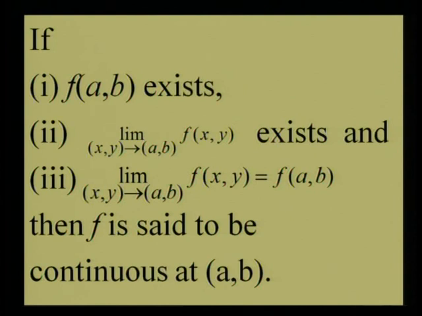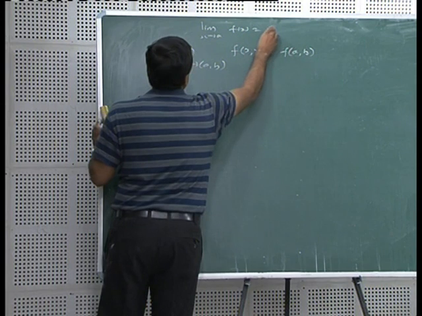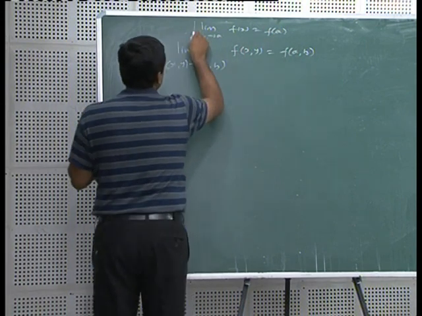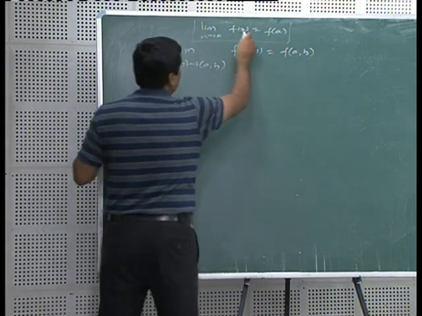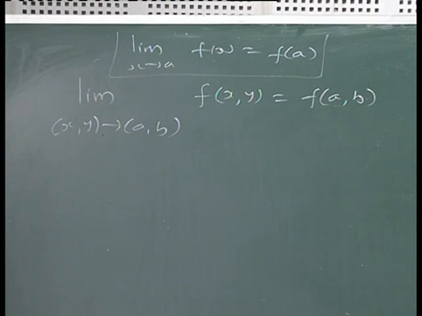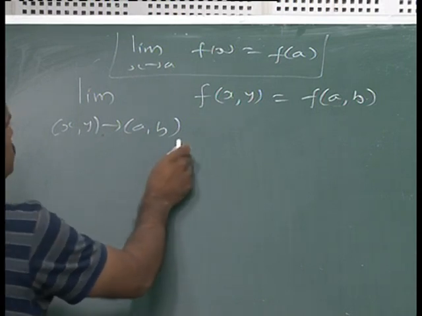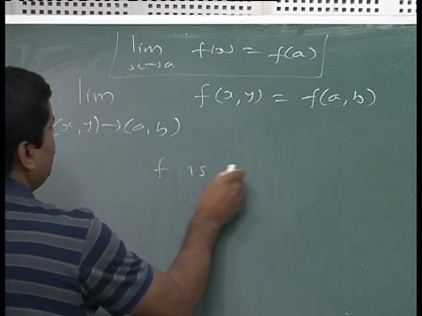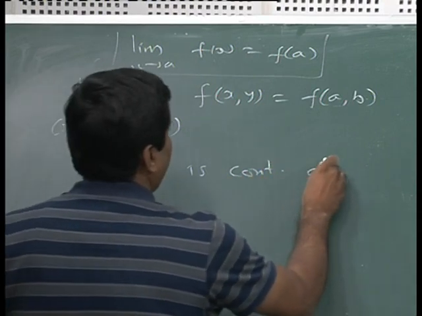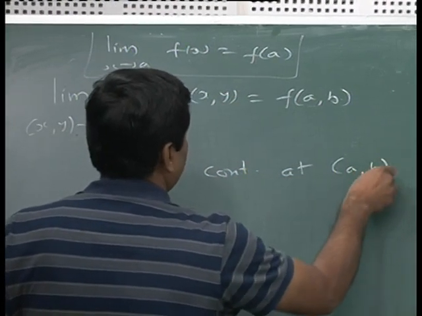This limit, as (x, y) tends to (a, b), is exactly the same as for a function of one variable. You know this definition: limit as x tends to a of f(x) is equal to f(a). If this is true, we said that the function f(x) of one variable is continuous at x equal to a. Here, if this is true, we said that f is continuous at the point (a, b),